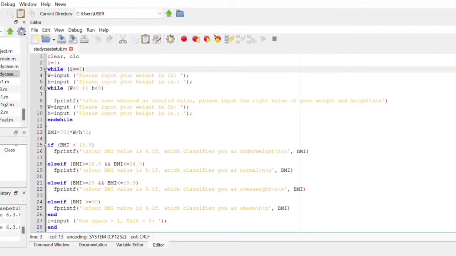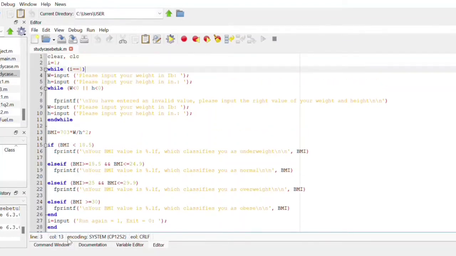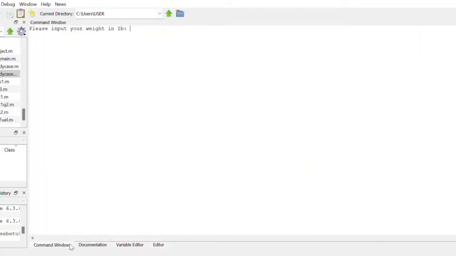So now I will show the coding. Firstly, we create the coding like this and include the formula of BMI. Use a loop method to solve this problem to classify each category. Use else if and run. After that,